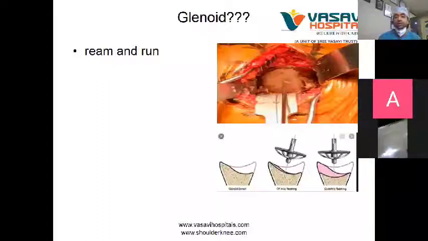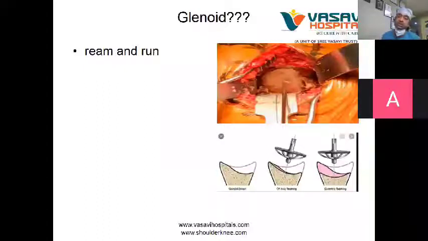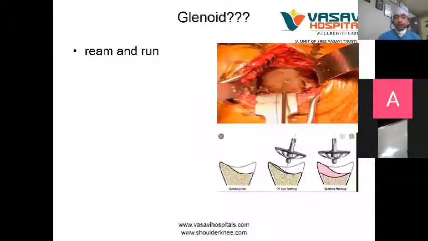Sometimes there are young patients who come with a little bit of glenoid being affected. The articular surface of the glenoid shows early arthritic features. What can we do? The answer is something called a Ream and Run procedure. What we do is go and ream the glenoid. Reaming in the sense we freshen the articular surface. When the articular surface is fresh,